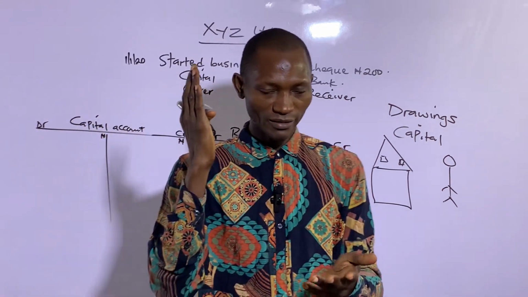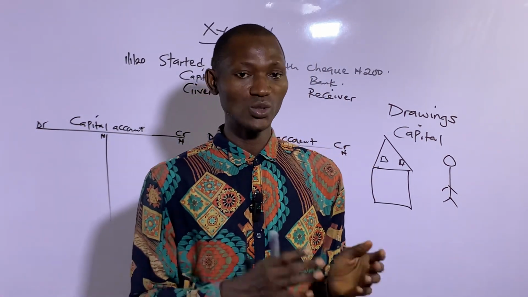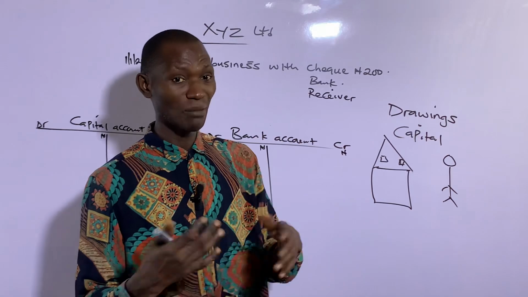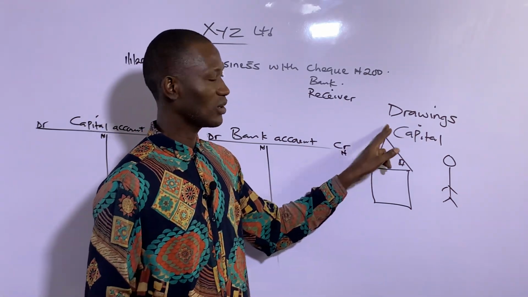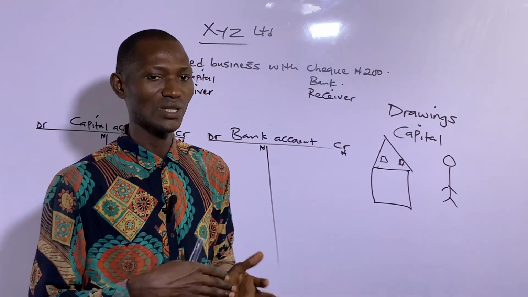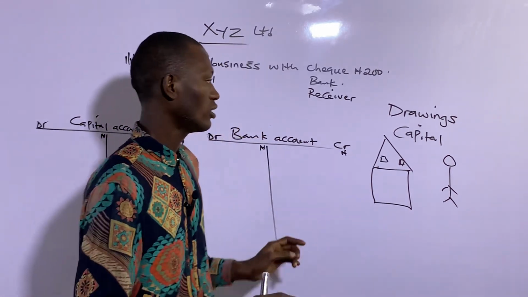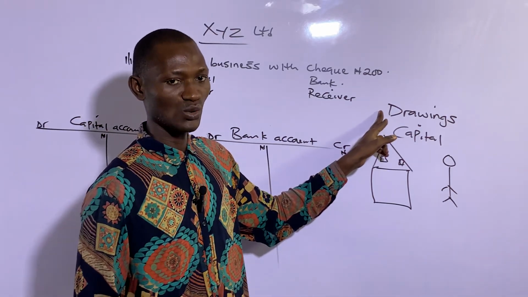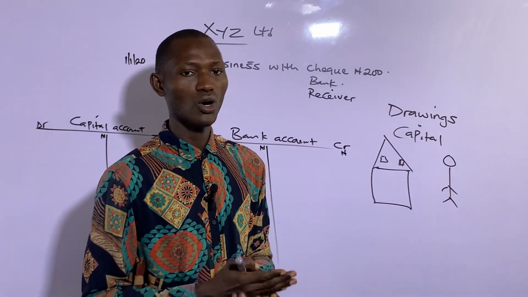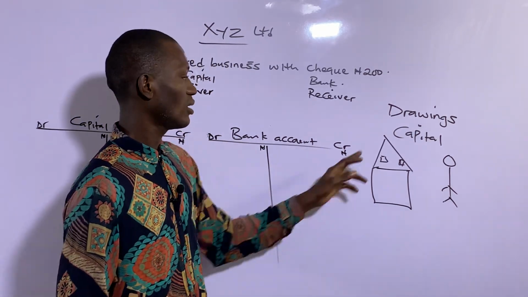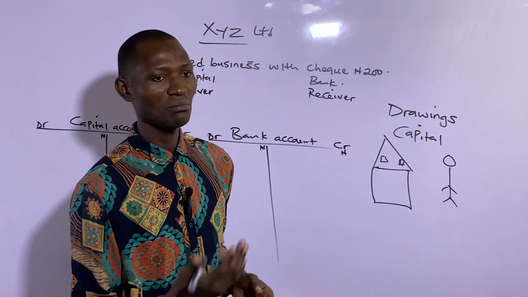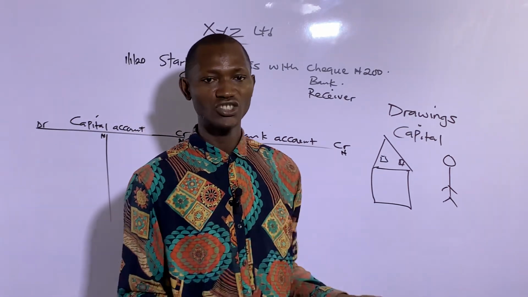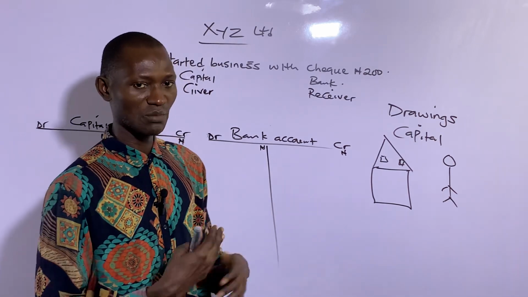Okay, so there are two accounts that are specifically used for the owner of the business. They are personal accounts: capital account and drawings account. They are used to record anything the owner takes out of the business for his own personal use, and that can either be cash or goods, that's stock. With capital, the owner can give the business cash, check, maybe a machine or any other equipment, but it must be quantified in money terms.